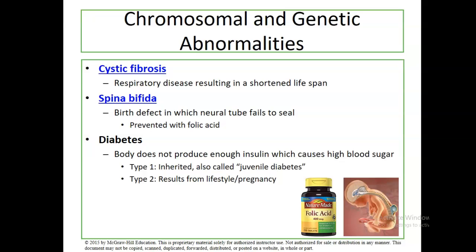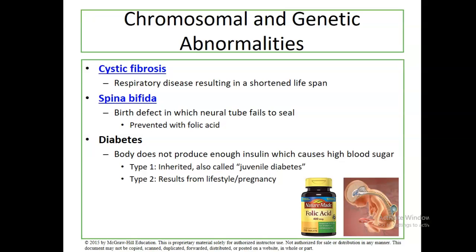So with spina bifida, when the neural tube fails to seal, that essentially sucks the brain down into the spinal cavity, specifically the cerebellum, which is in the back of the brain, and the cerebellum is responsible for motor coordination and balance. And so therefore these individuals primarily are going to have issues with movement and body control. But it can also result in other impairments that are cognitively related.